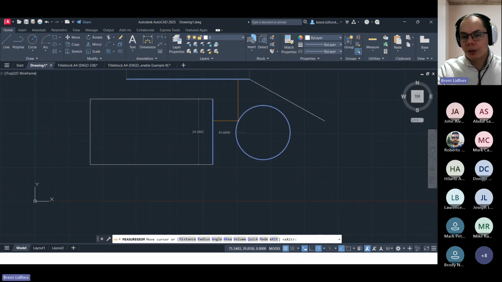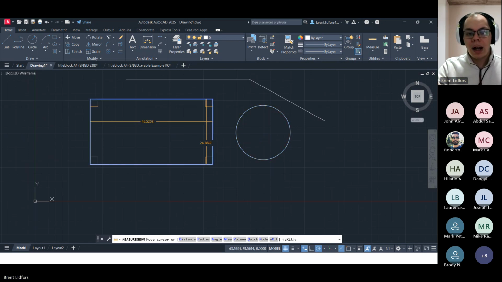Same with circles. If I get near a circle or an arc, it's going to quickly tell me what the radius is of that circle or arc. Rectangles as well. It's giving me a length and a height to that rectangle. And something really handy that